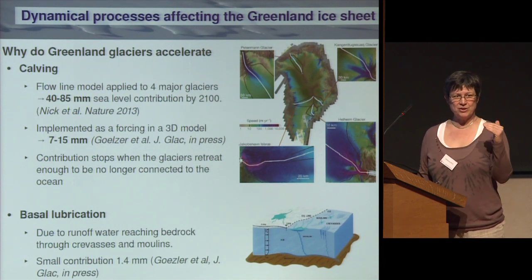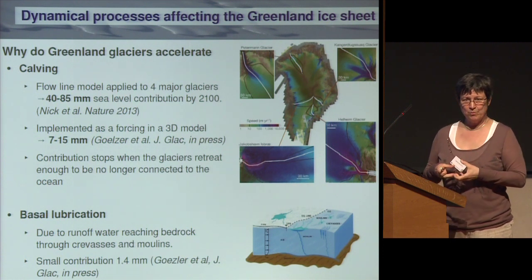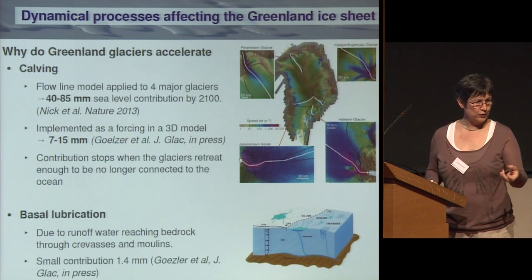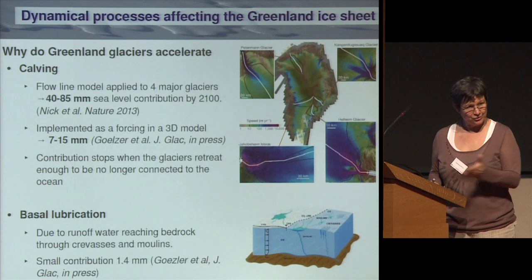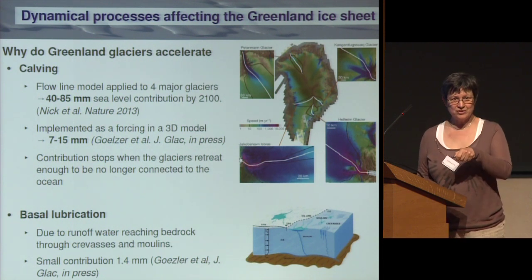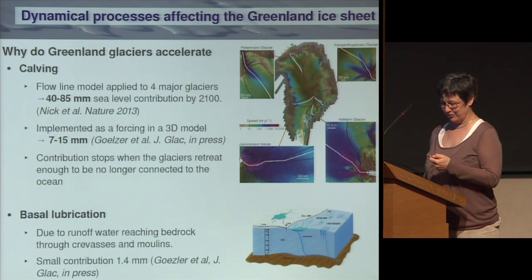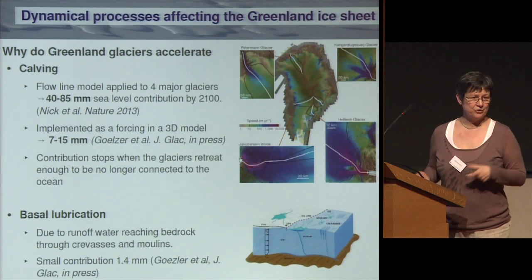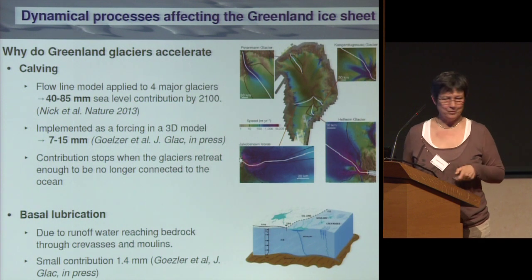But it doesn't increase forever, because when the water pressure is high enough, a more efficient channelized water flow at the base develops, and this drains the water, and then the water pressure drops again. So during the season, you have an acceleration and a decrease again of the velocity. That's one of the reasons why it's not that important for the global behavior of the